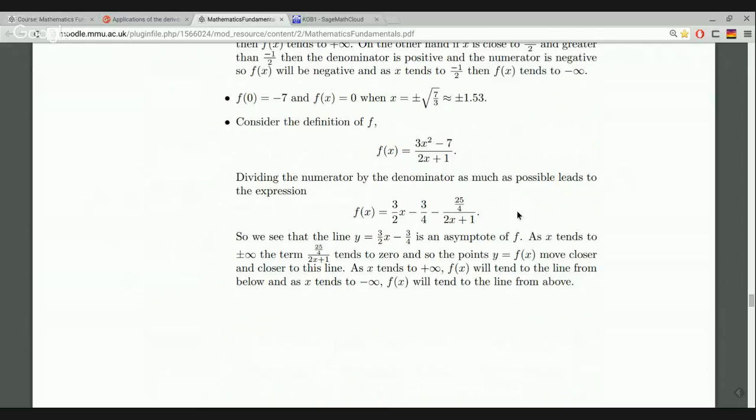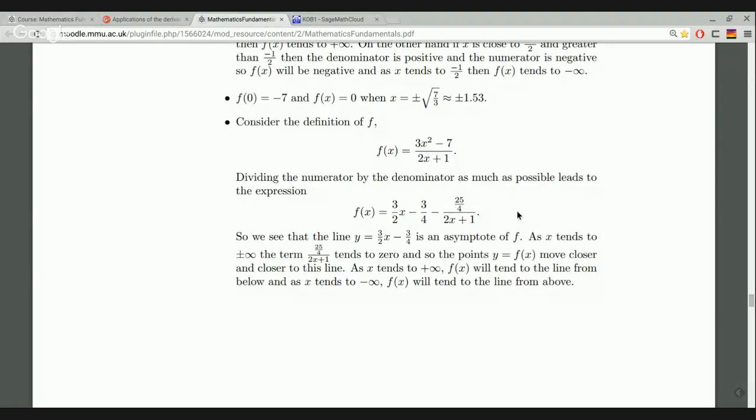Now this is nice because this bit goes to 0 as x goes to plus or minus infinity. So it's a constant over 2x plus 1. So this curve, which is a straight line, so it's a multiple of x minus a constant, this is an asymptote